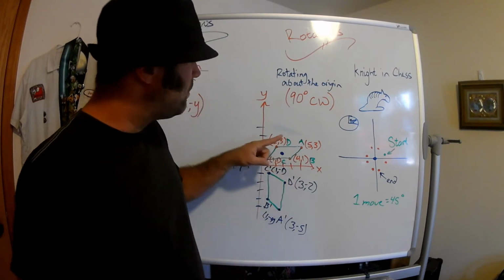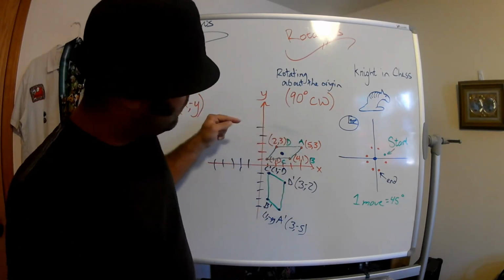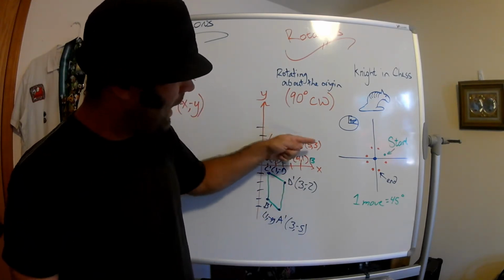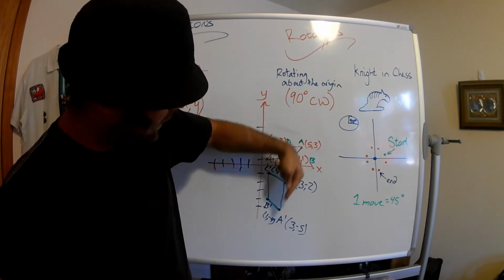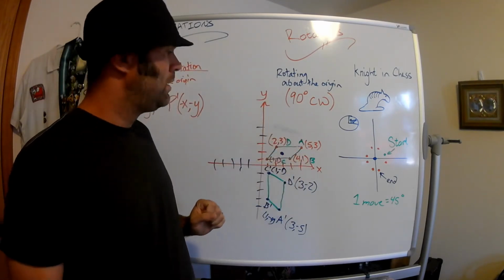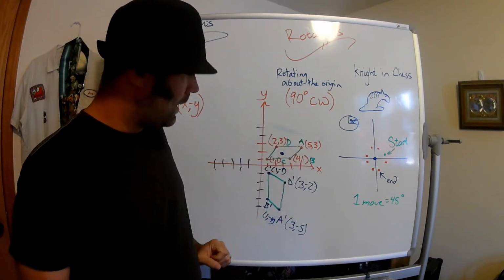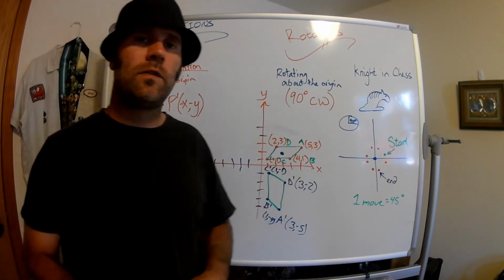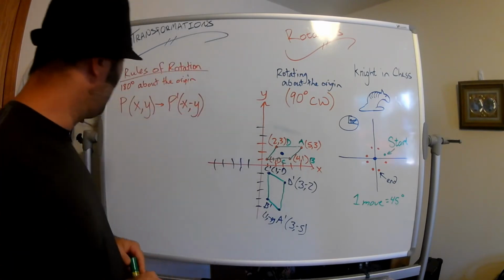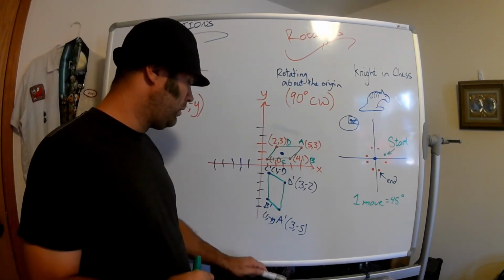So if you look, going from D to A, we were pointing to the right, and now we're pointing down. And that is a good rotation. So we did good. All right, so let's see if we can figure out the rule,